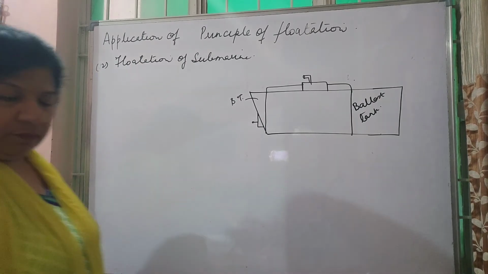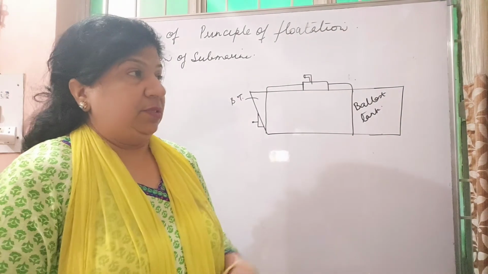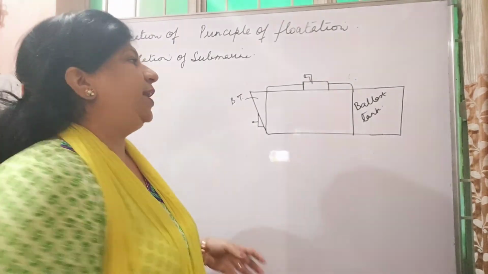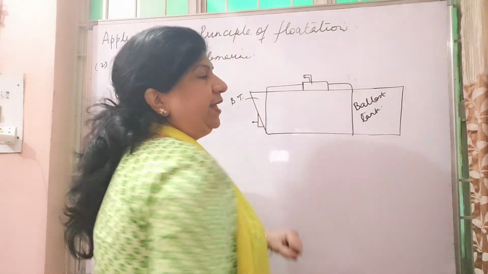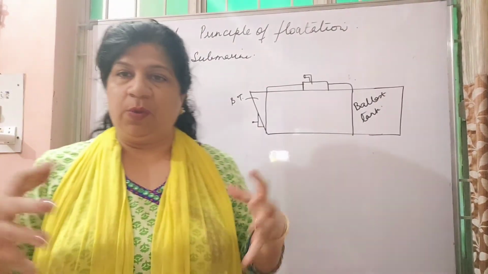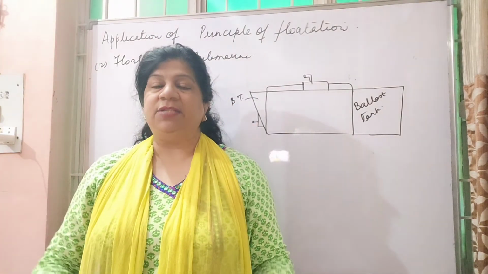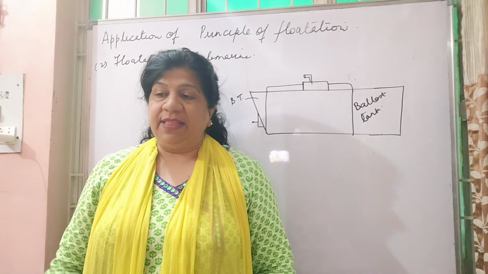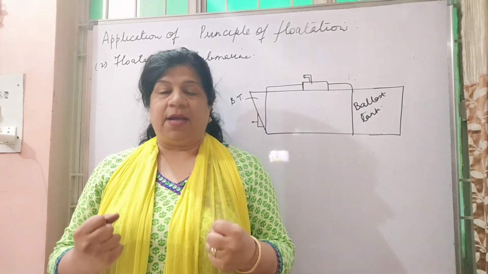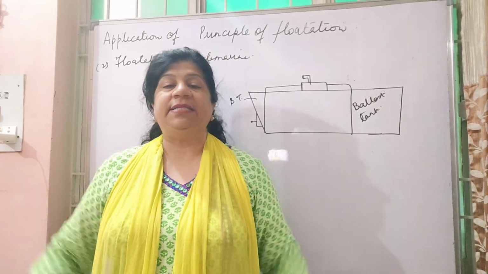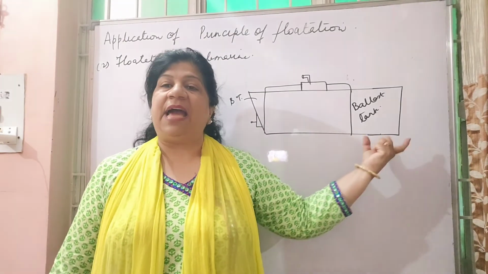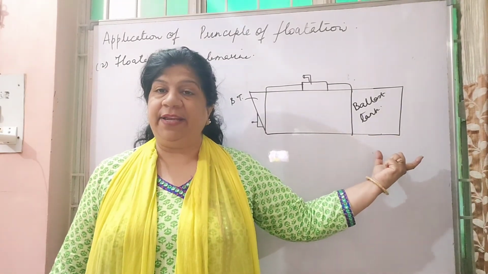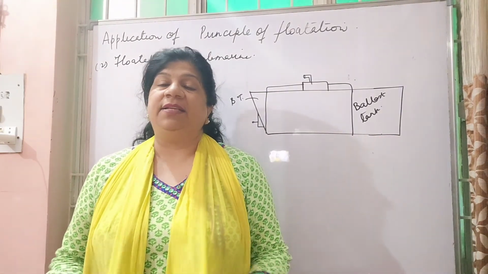Means when you have to take the submarine down, then water is filled in the ballast tank. What happens when the water is filled? The submarine becomes heavier and it goes down. And when the submarine has to be taken up, by the compression of air, that water is removed from those ballast tanks, and air is filled in here, and so it becomes lighter than the seawater,